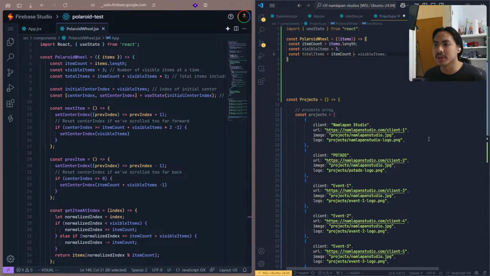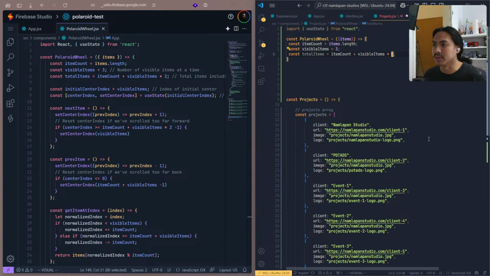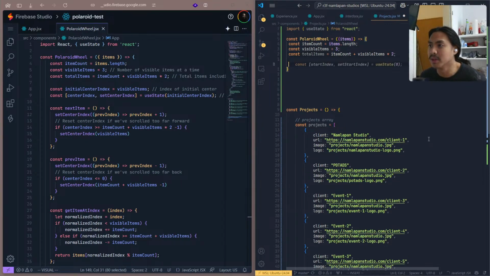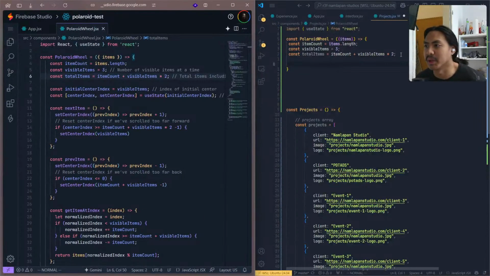Actually, I haven't really checked how Gemini did this, but I guess we can go through it one by one. Okay, the item count is the total of the arrays. Sorry, I'm touching the mouse again. We have total items equals to item count visible to. Okay, I think total items including, sorry, I need to check. What's this one? Clone ones. Okay, maybe this total item is what makes it. Okay, we'll see. We'll ask the other Gemini to fix it because